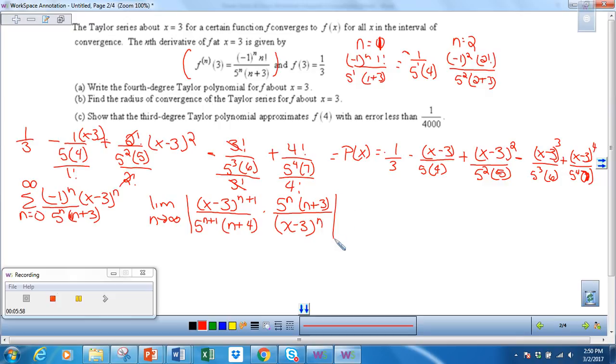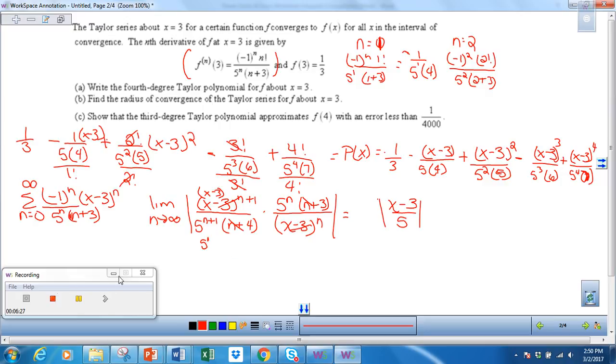And taking the limit of that gives me, let's see, the 5n plus 1s will cancel, and I'll just be left with 5 to the first power. N plus 1, as I'm taking the limit, those cancel each other out. As I'm taking the limit, this will cancel each other out, and I'll be left with x minus 3. So the answer would be the absolute value of x minus 3 over 5, and that has to be, using